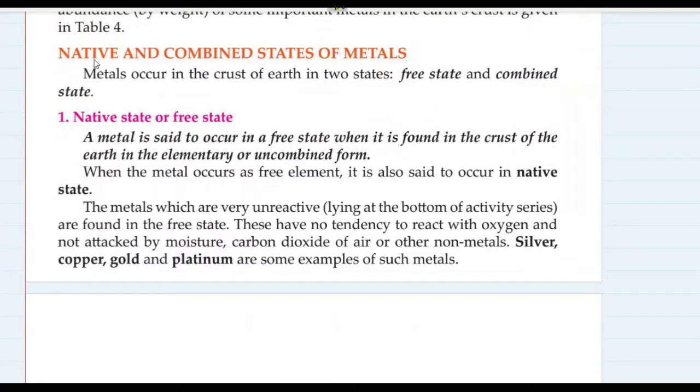Okay, so let's understand what are the states of metals in which they are found in Earth's crust. Native and combined states of metals. The native or free state. A metal is said to occur in a free state when it is found in the crust of the earth in the elementary or uncombined form. This state of metal, when it is found in the uncombined or pure form in earth's crust, is called